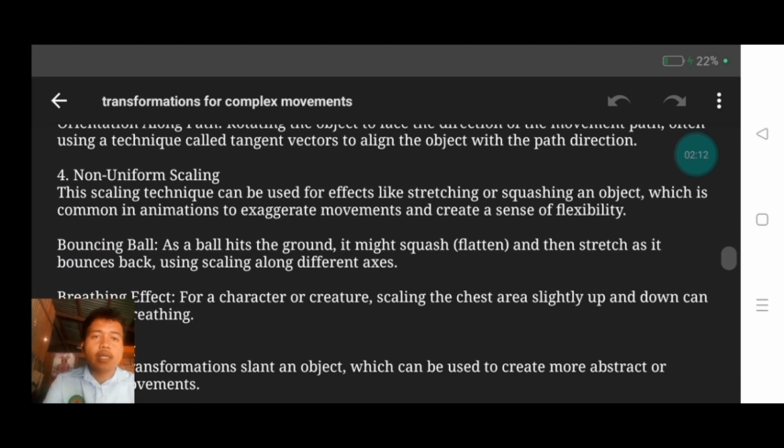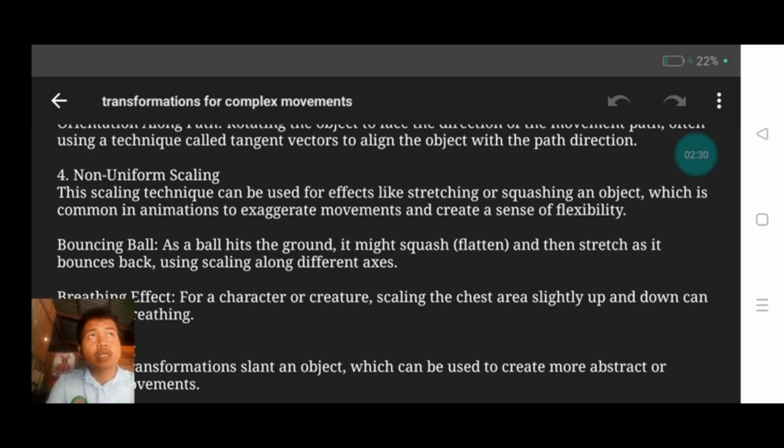Number 4. Non-uniform scaling. This scaling technique can be used for effects like stretching or squashing an object, which is common in animation to exaggerate movements and create a sense of flexibility.